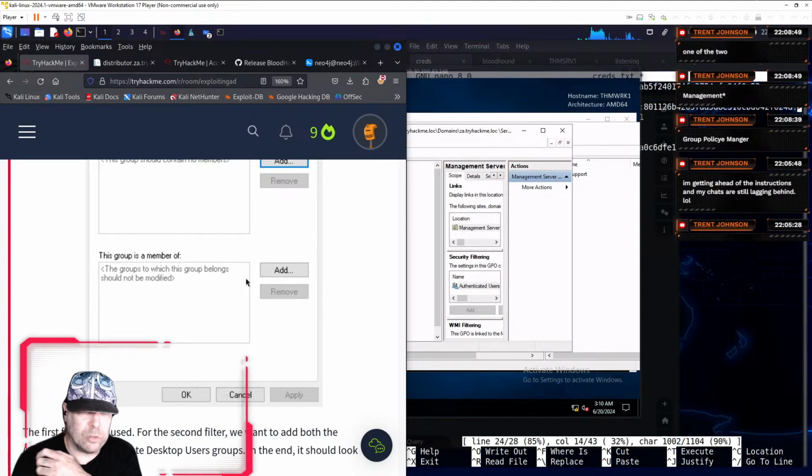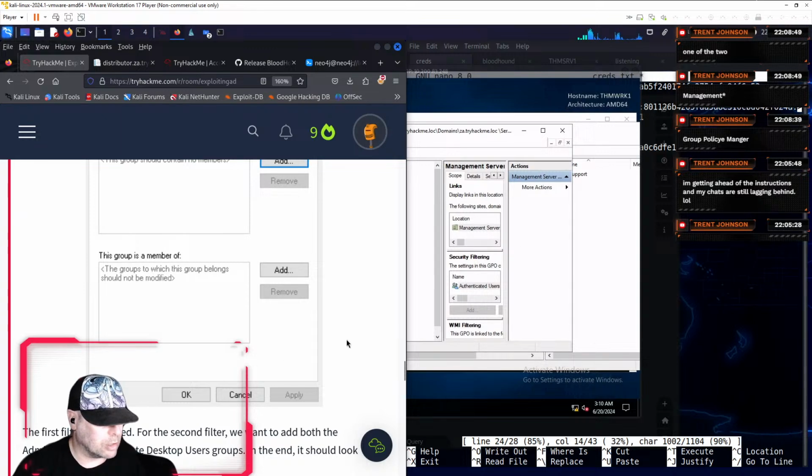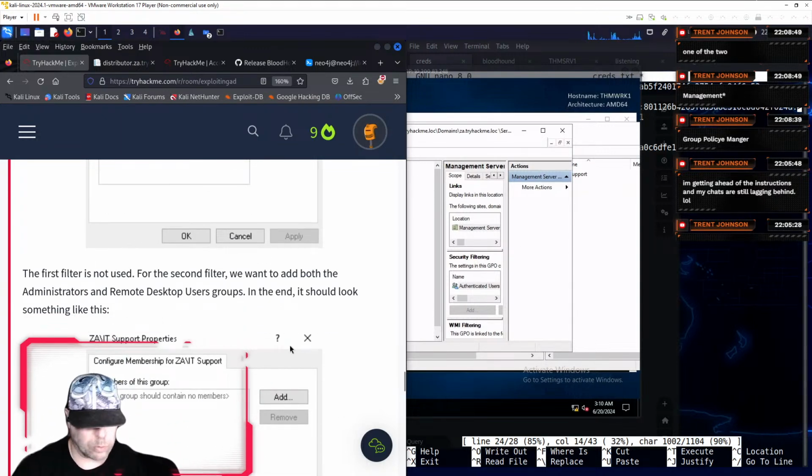I think I need to research run as so I fully understand it. I think the fact that I didn't know I was supposed to put in serviceman's credentials means I have a tenuous grasp on exactly how run as works.